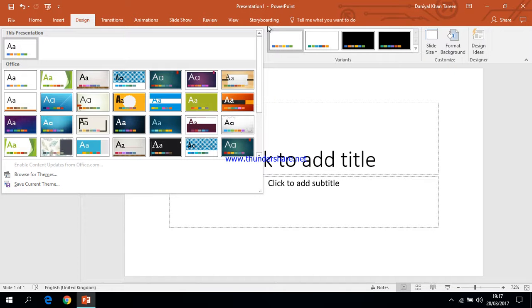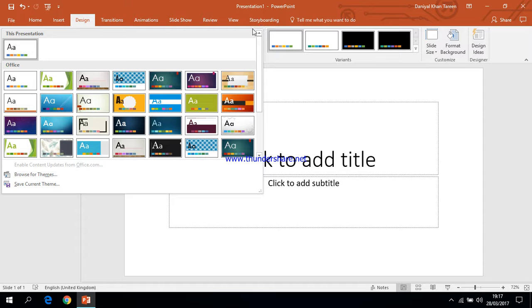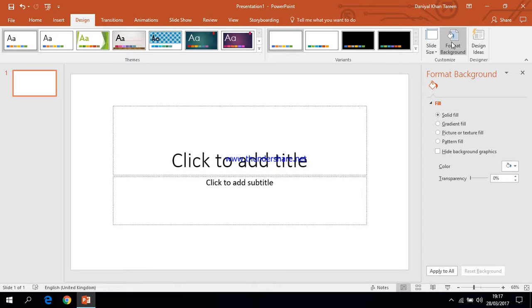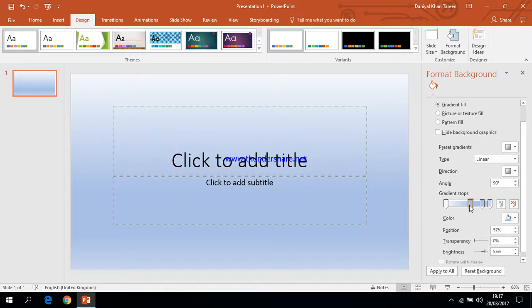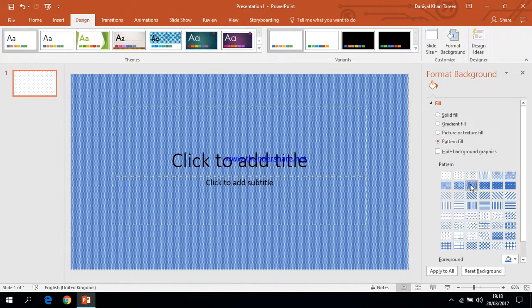and just previewing these, or you can select a format background. Now to do that, we just click on format background and this window comes up, and we can either click on gradient fill and select all these various options like this, change the color, the position, the transparency like this, or you can click on pattern fill and change the pattern from here like this,